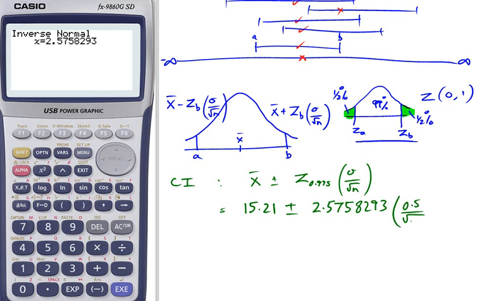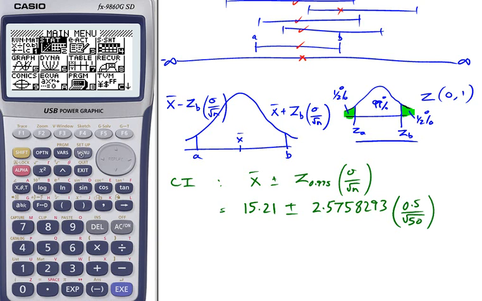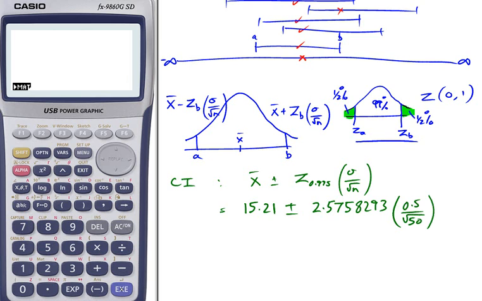0.5 divided by root 50. Now to do that calculation is a bit messy. We're going to have to come out of that, exit, go to menu, run, execute, and I need to put the figures in to calculate our answer. So that's going to be 15.21 add 2.57589293 multiplied by